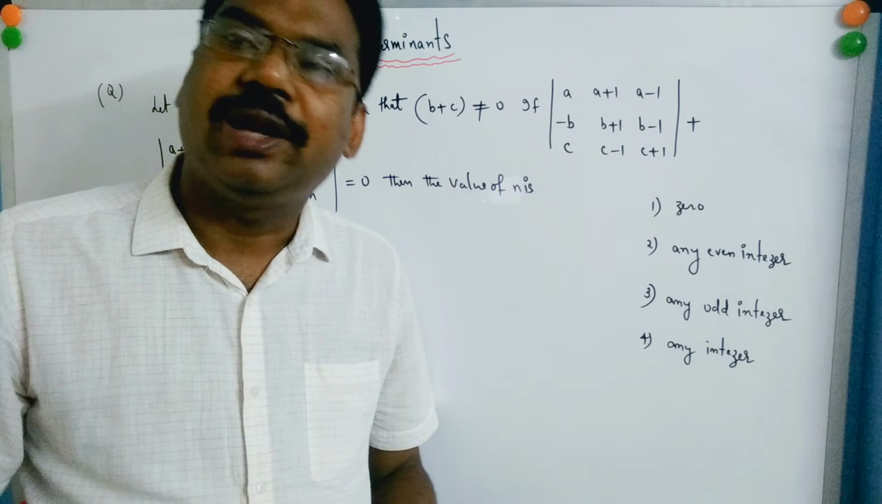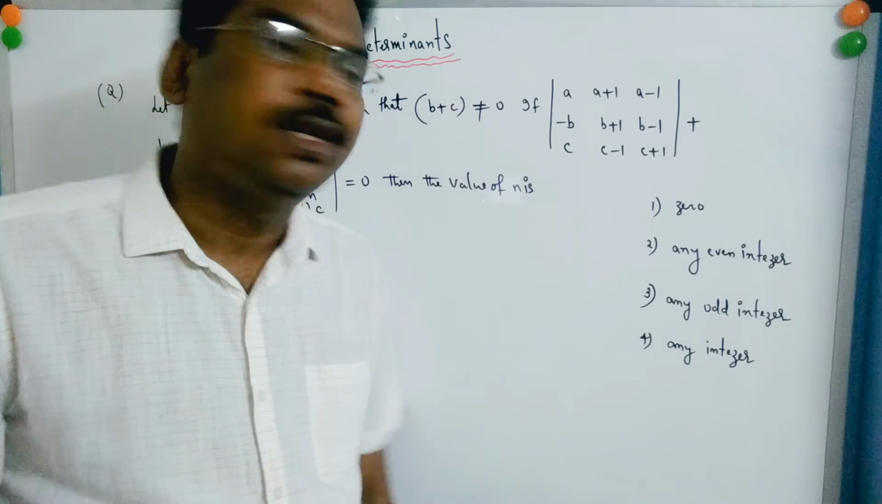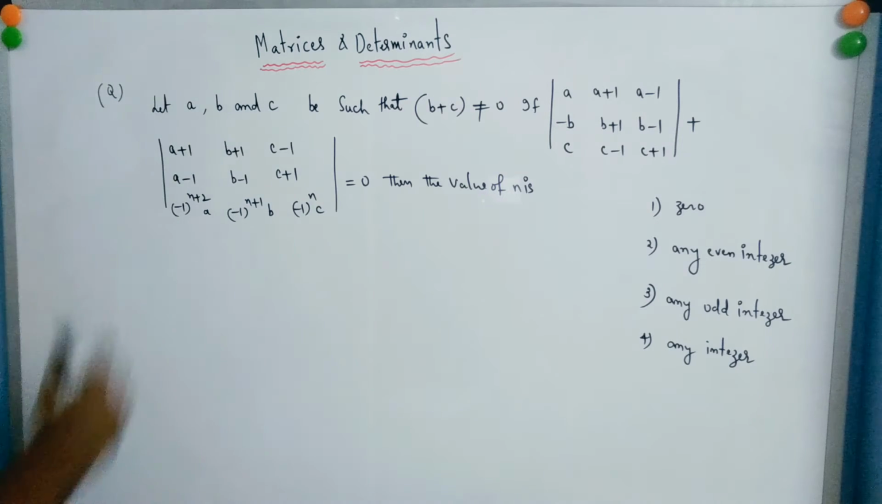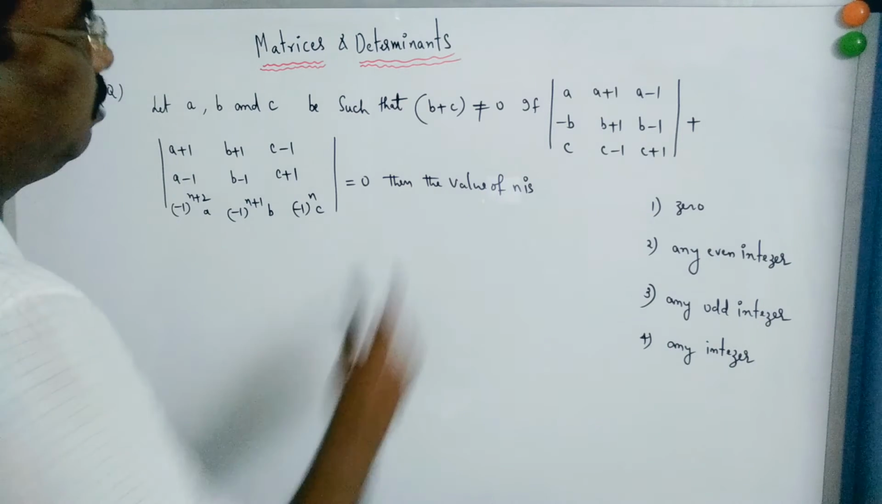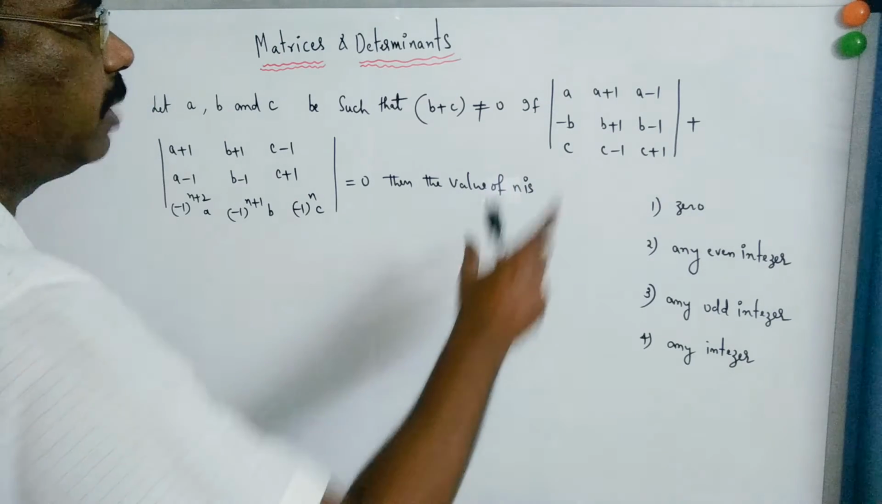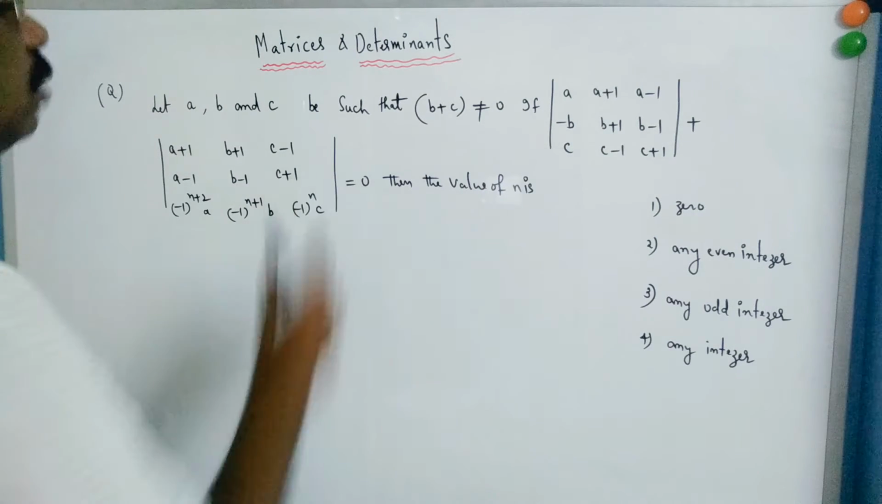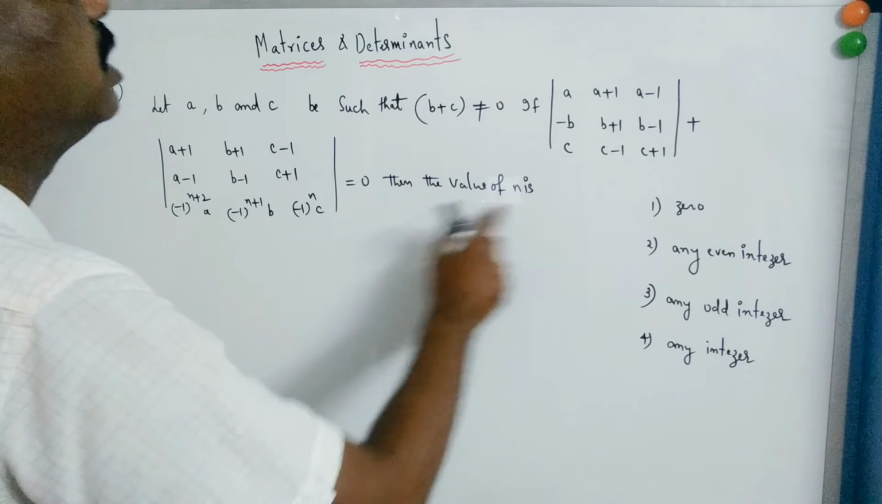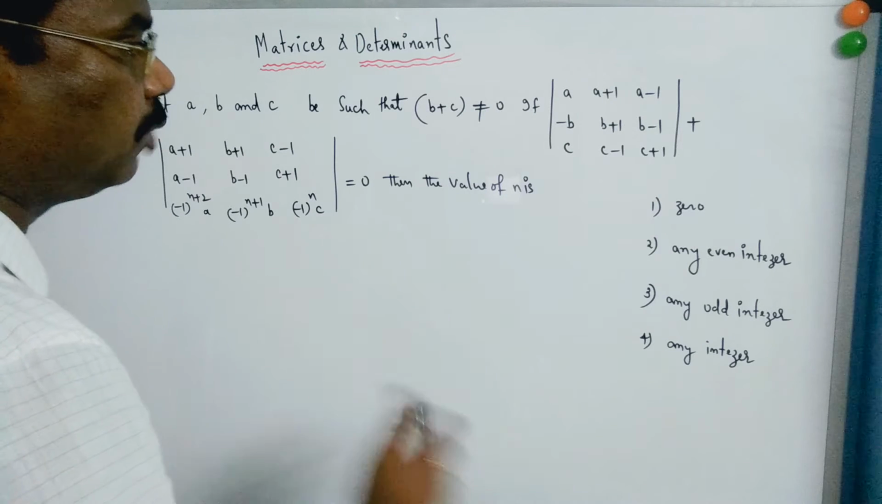Now the topic is matrices and determinants. Your first question: let A, B and C be such that B plus C is not equal to 0. If the determinant of the matrix with rows A plus 1, A minus 1, and so on, plus the determinant of the other matrix equals 0, then the value of n is, okay,